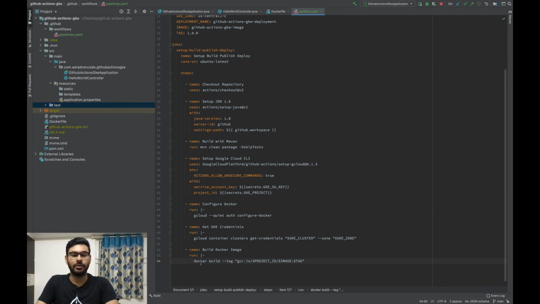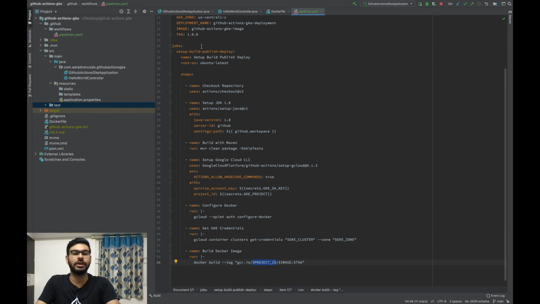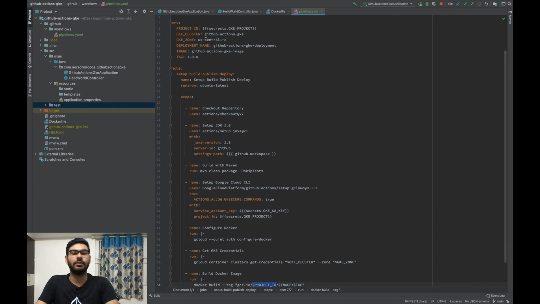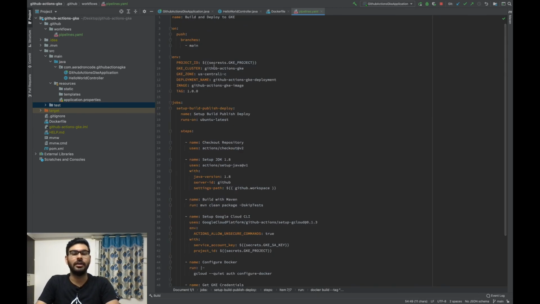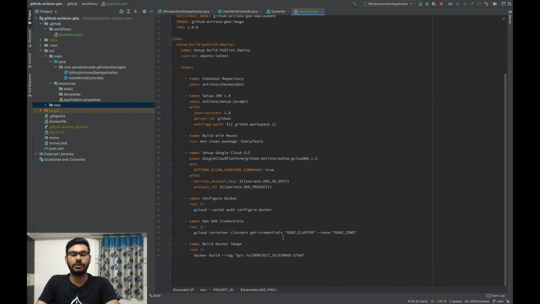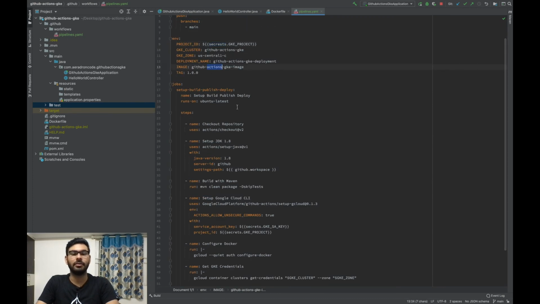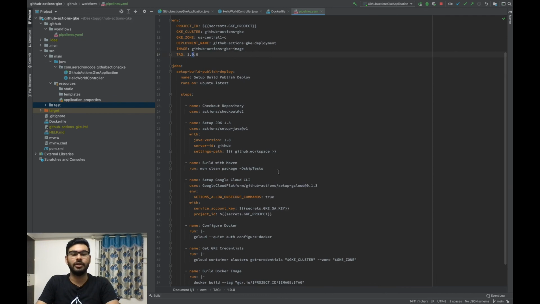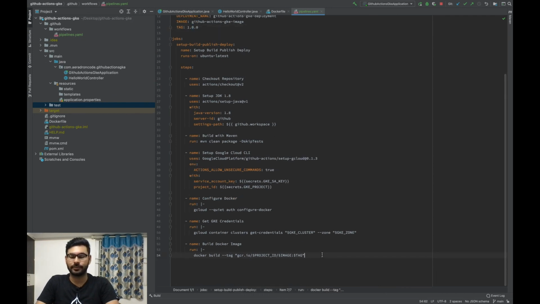So all we need to do is we need to call docker build tag and the project ID and the image and the tag. So gcr.io, it will create those tags based on the project name. So here is where you have given the project ID. So this project ID and the image name and the tag version will be used to create the Docker image.